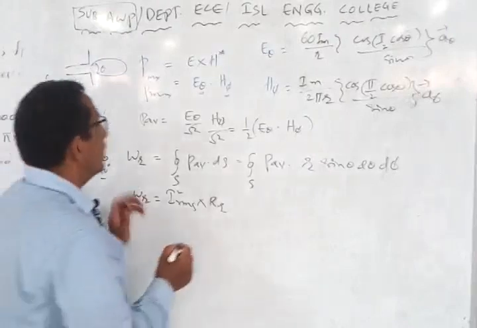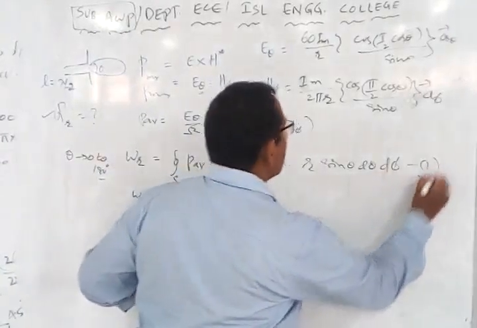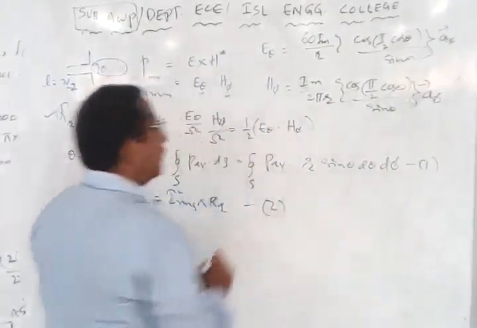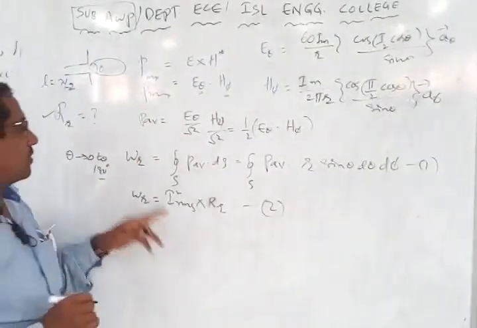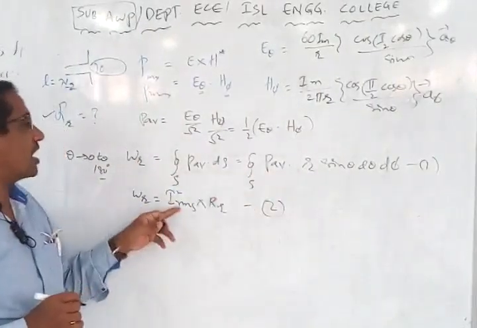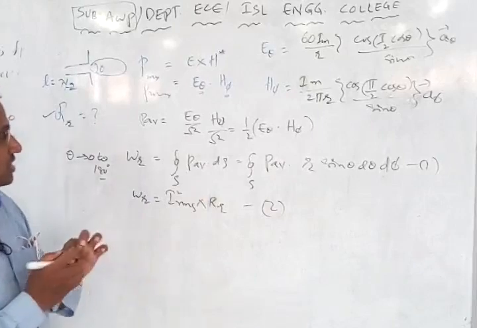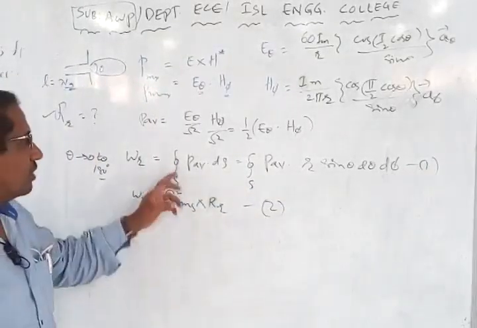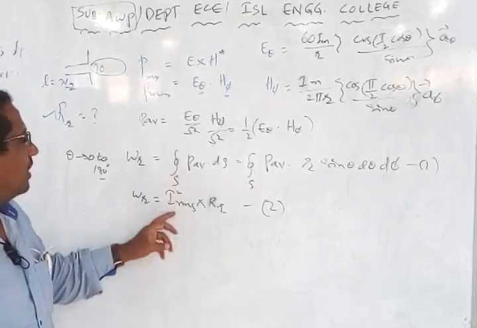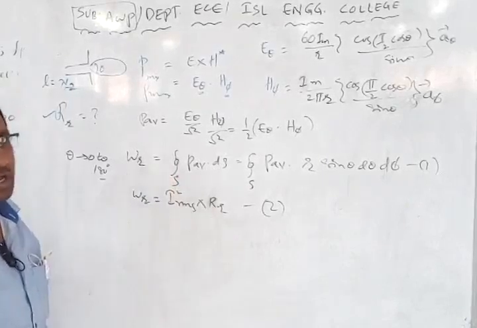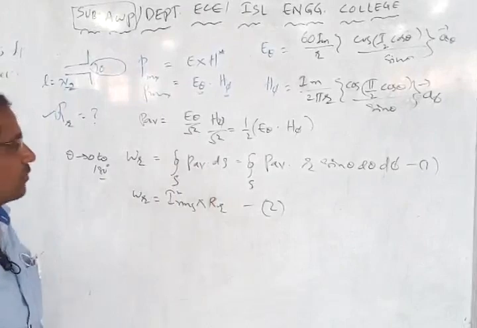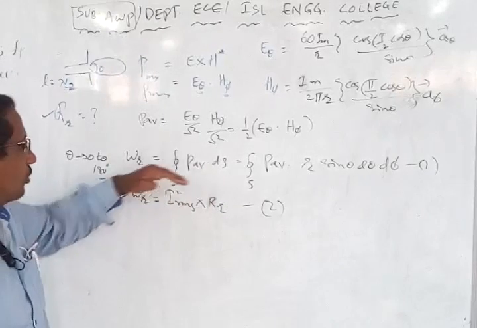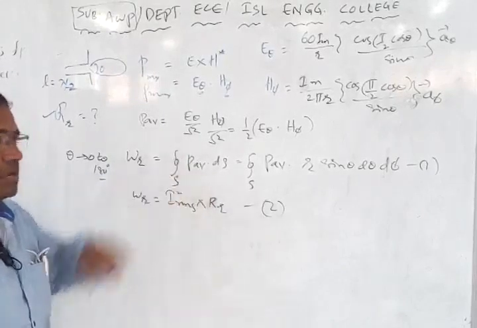Now we will have 2 formulas, formula 1 and formula 2. What we will do now is simply equate these 2 formulas. We have to solve equation 1 in terms of I_RMS squared. Once we solve in terms of I_RMS squared, we can directly get the value for R_R from this particular equation 1. Therefore our objective now is to solve this equation in terms of I_RMS squared.